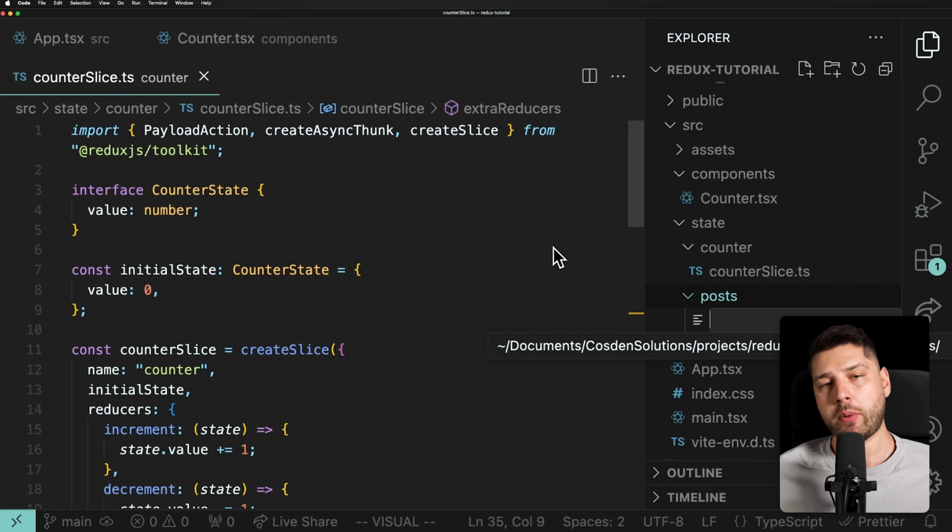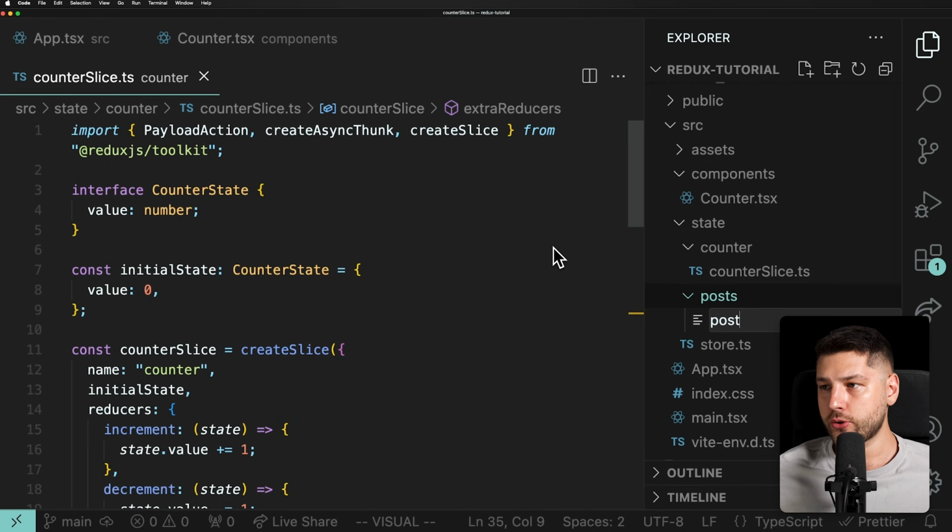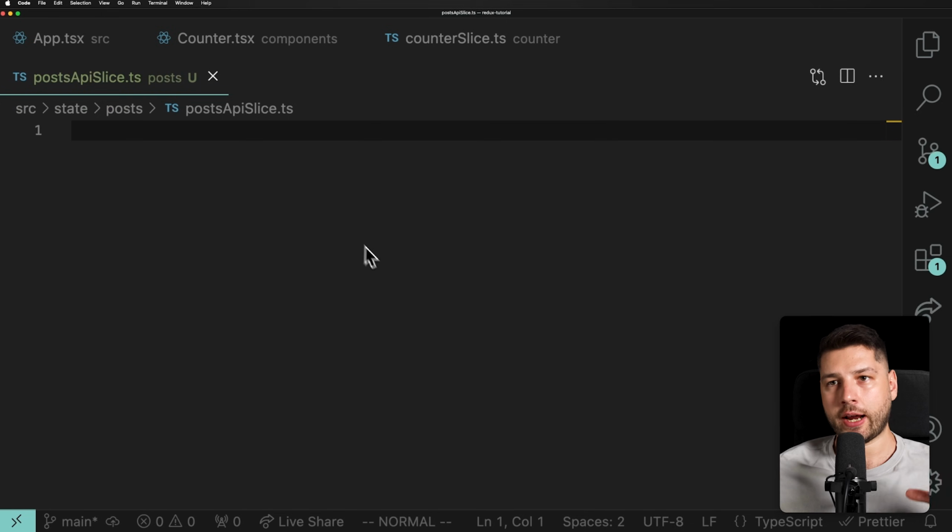But here I'm going to call it the post API slice because I want to differentiate that this is specifically an API slice, and this is going to be using the query part of Redux Toolkit. So we're going to do postsApiSlice.ts, like so. And in here, we're going to write all of our code that is related to fetching and querying